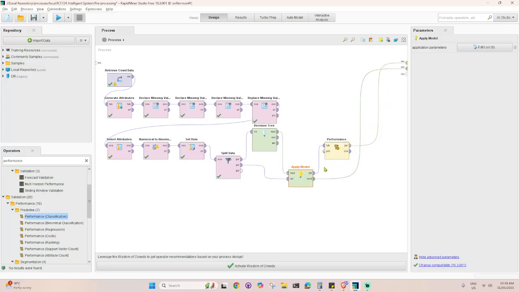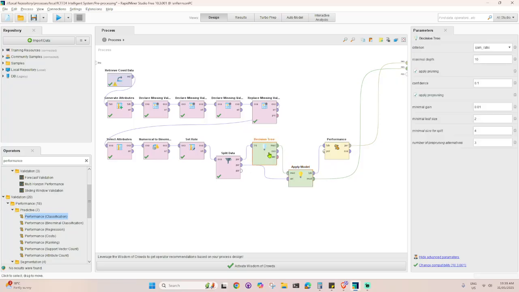So that's it, that's the decision tree. Let's see the outcome on this one.